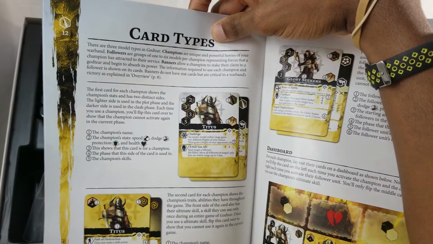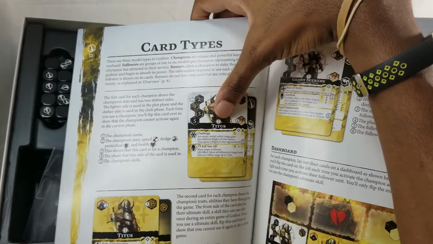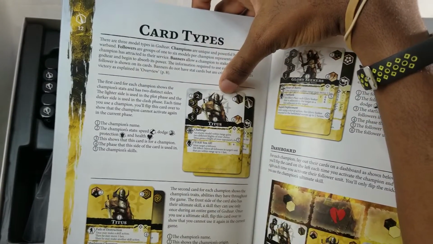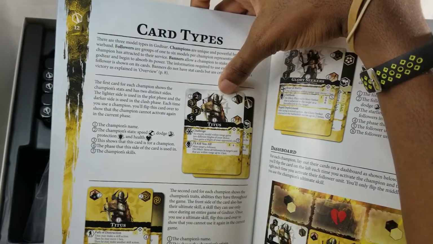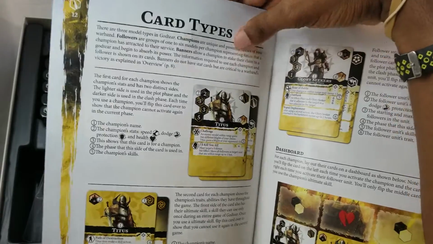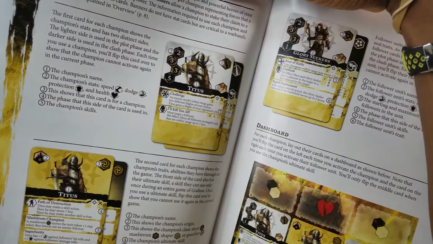Champion can't activate again in the current phase. The champion's name, champion's speed, dodge, protection, and health. This shows that this card is used for a champion. The phase that this side of the card is used in, the champion's skills. Titus. The second card for each champion shows the champion's traits,